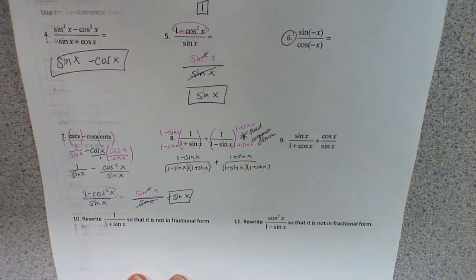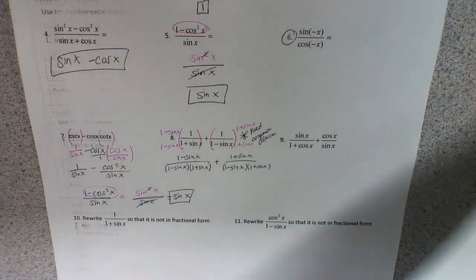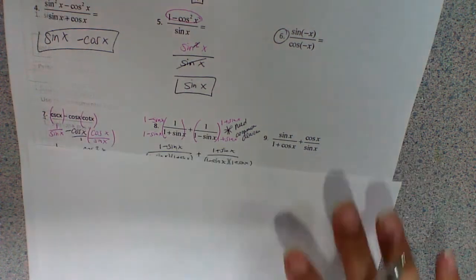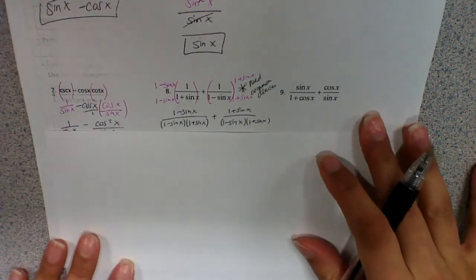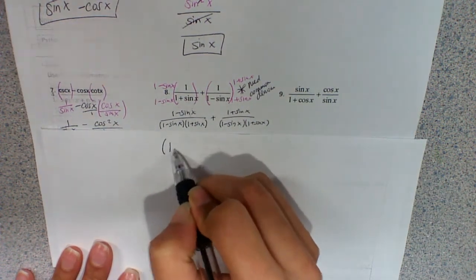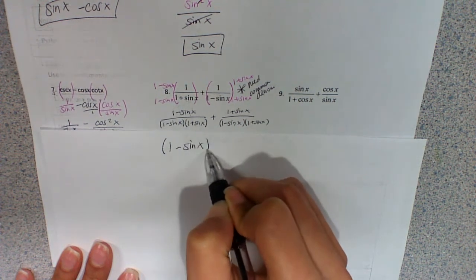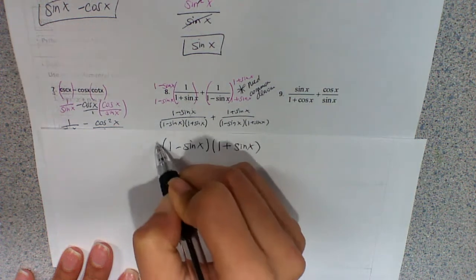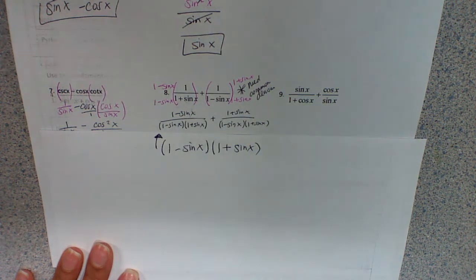Now let me just do this because I know I don't have a lot of room on my paper, so let me just do this kind of on the side here. I'll show you how those multiply. So my denominator does actually, not factor, I'm sorry, it does FOIL. So I have 1 minus sine of x times 1 plus sine of x, and this is coming straight from your denominator. So if I FOIL this,